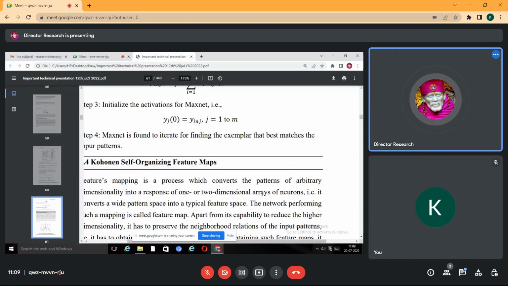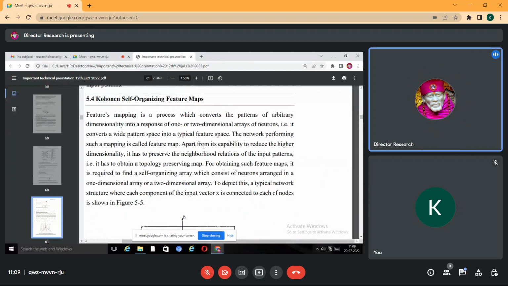Self-organization feature maps convert arbitrary dimensional input patterns into a response of one or two dimensional arrays of neurons. Performing such a mapping is called a feature map. Apart from its capability to reduce the dimensionality, it has to preserve the neighborhood relations of the input patterns, that is, it has to obtain a topology preserving map. For obtaining such feature maps,